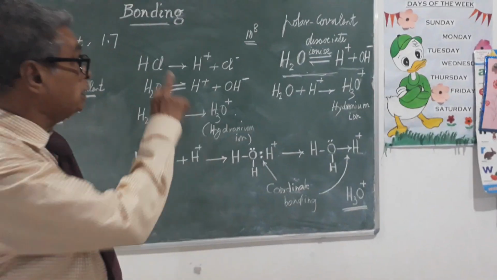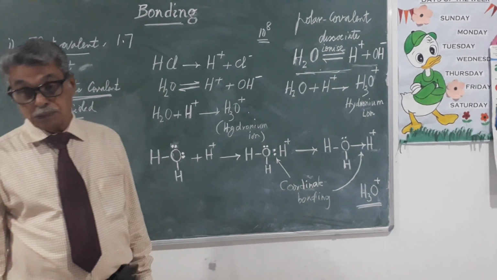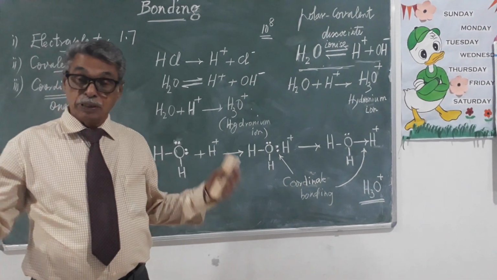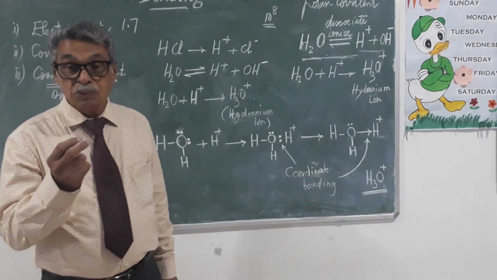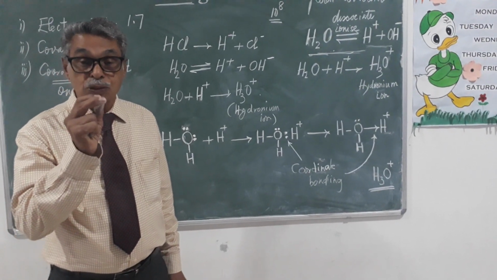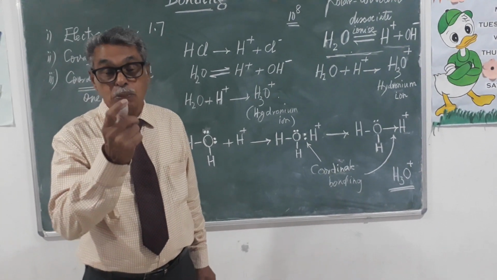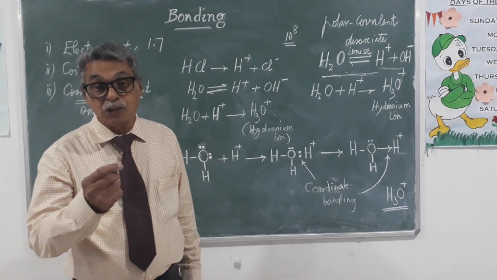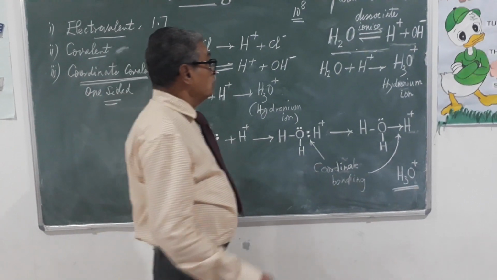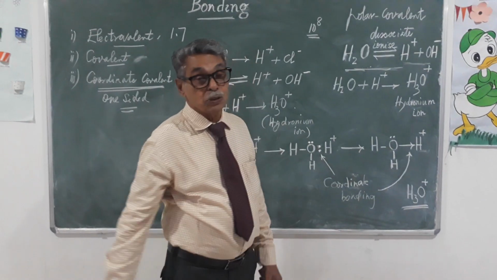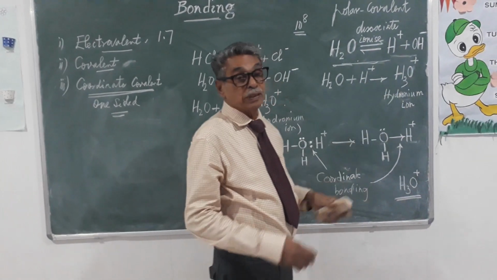Just one out of 10 to the power of 8, but even that is a great number. It's a big number. In the case of molecules, 10 to the power of 8 molecules of water brought together would not even be half a drop. There are so many molecules. So, out of 10 to the power of 8 molecules, one molecule ionizes this way.